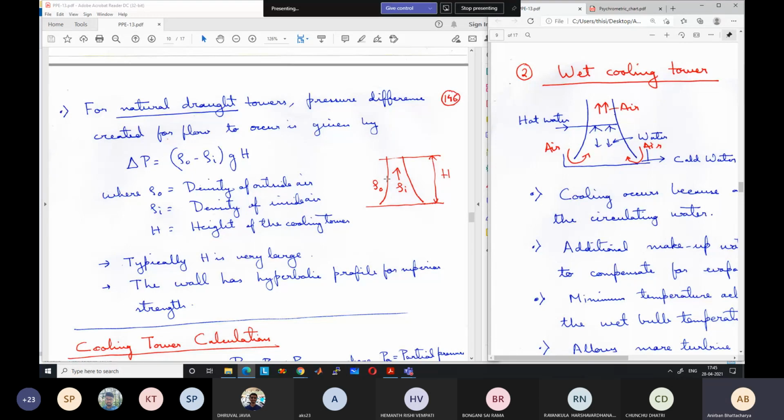So it moves up. Okay. And h is the height of the cooling tower. So if the cooling tower is very tall, that's why cooling towers are made very tall, so that there is sufficient natural convection, so that you don't need any large fans or forced draft fans for the circulation to occur. Because of the very large size of the flow, if you need fans, the fans will need a large amount